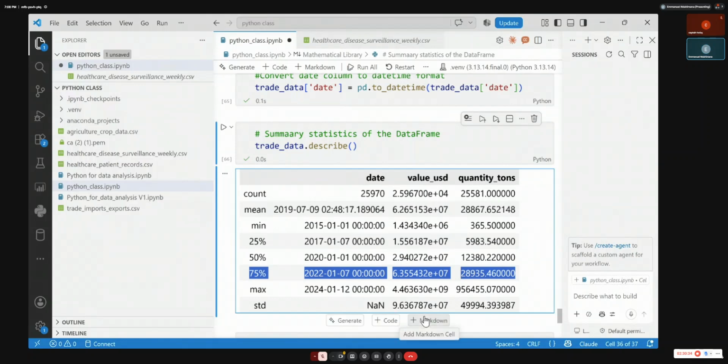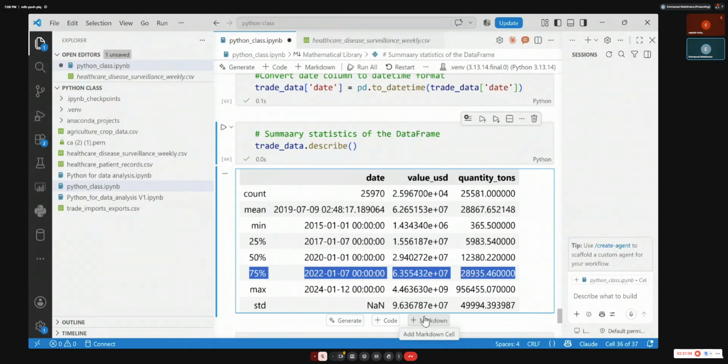What is percentile? What is this 25, 50, and 75? Can someone explain one of those? 25 percentile, 50 percentile, and 75 percentile. This is quartile. Yes, percentile is the same as quartile. So you group your data from highest to smallest and look for one range, middle range, and the smaller range.